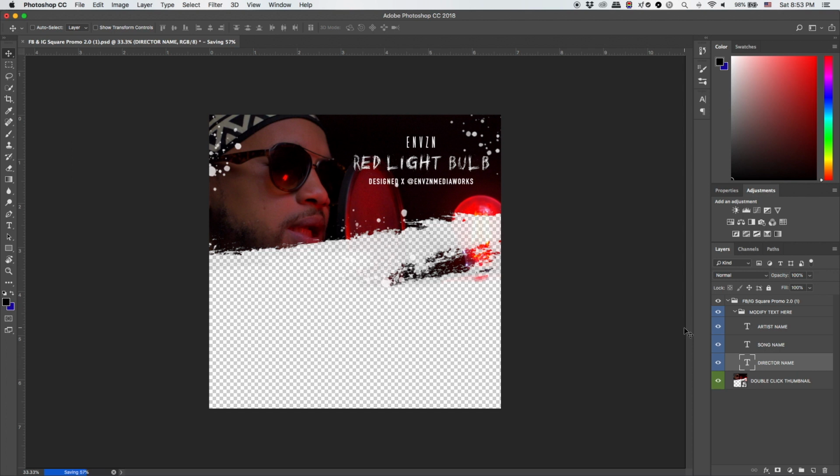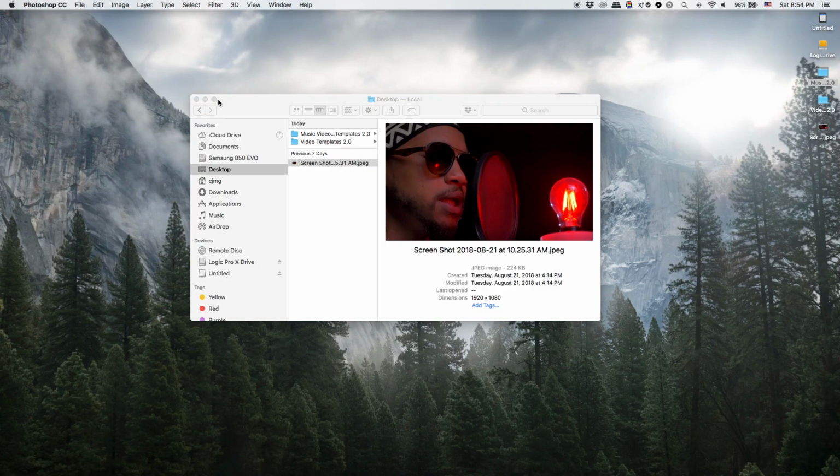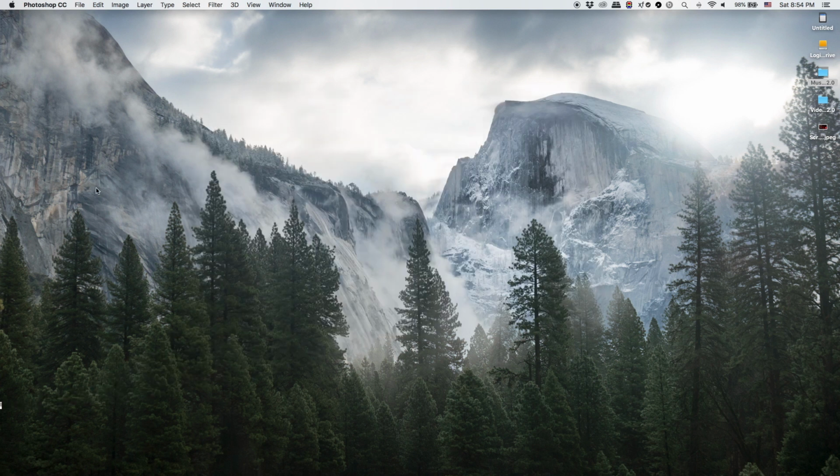And if you want to, you can also hit Command S to save this particular Photoshop file. That way you don't have to redo it every single time you get in there. But I'm not going to do it for this purpose. So let's minimize Photoshop for now. Minimize this window. And let's open up